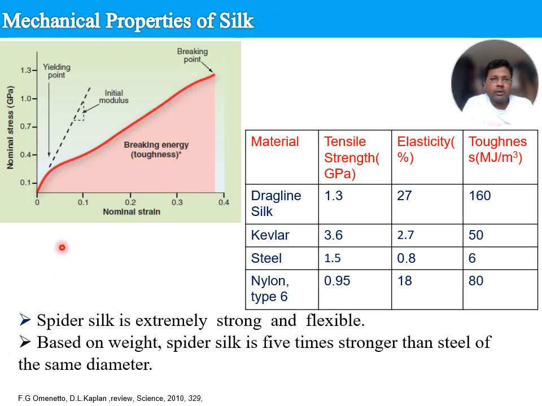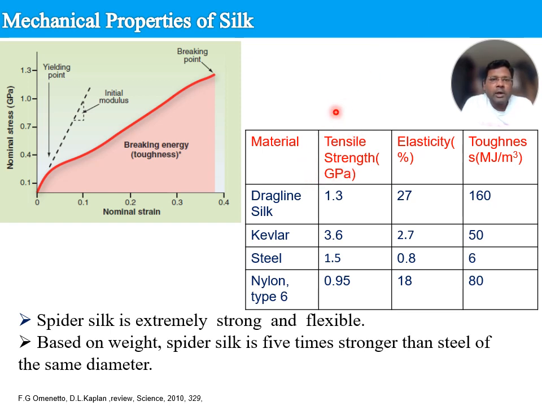Now I will talk about linear tensile properties of spider dragline silk. This curve shows the impressive toughness and relative strength of spider dragline silk. The area under this curve indicates spider silk fiber toughness, or the energy taken up by this material before it breaks. In terms of strength to weight ratio, spider dragline silk strength is 1 to 1.3 gigapascal, and this is